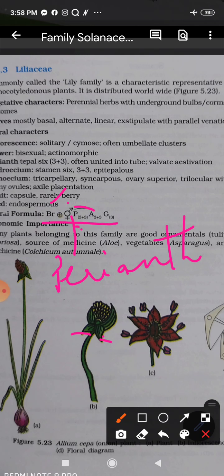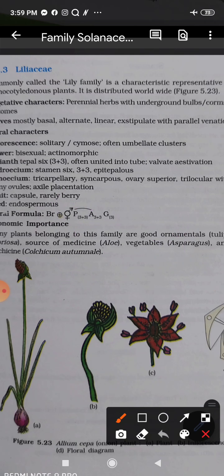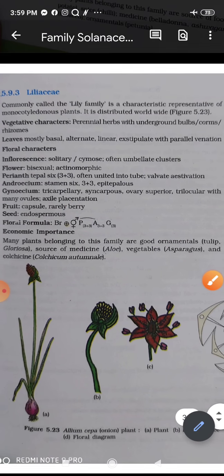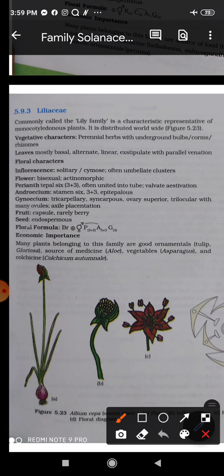And ovary is superior, and what they have not mentioned in your book is that the ovary is superior, with a line below the ovary. So what you will do in your textbooks, this is a page of your textbook only, just beneath G you will put a bar, right? So that will make it ovary superior, right? So it is tricarpellary, syncarpous, that they've already shown. They have shown tricarpellary. Syncarpous means they are fused, and you will put a bar below to show superior ovary,